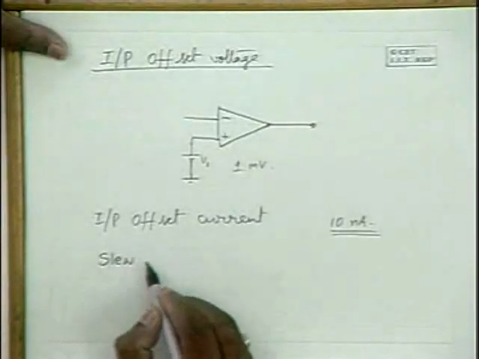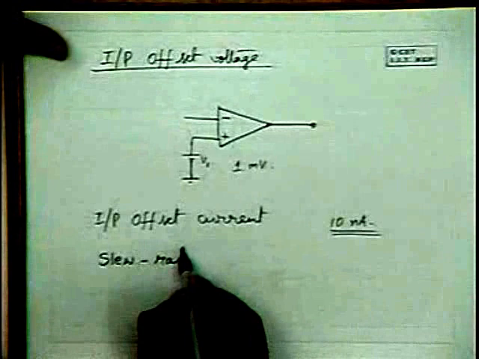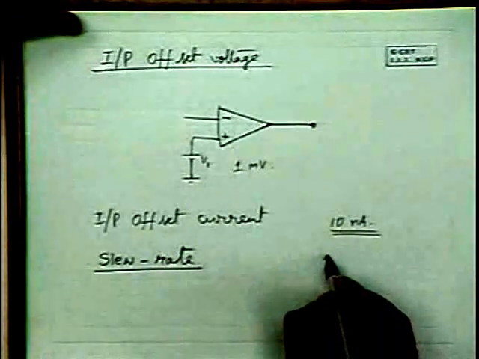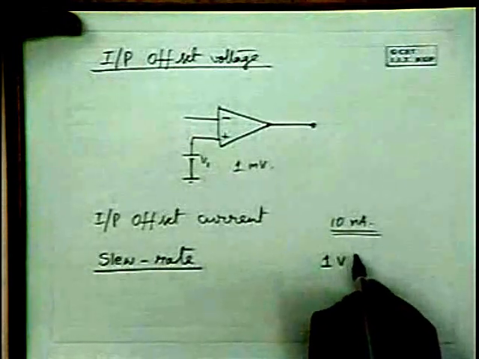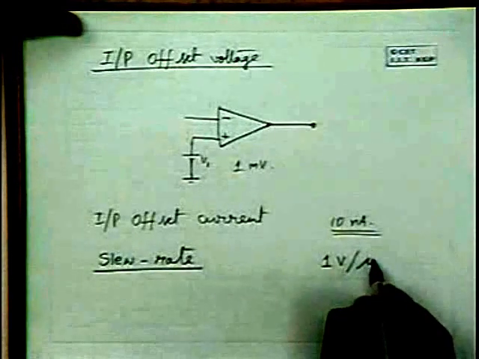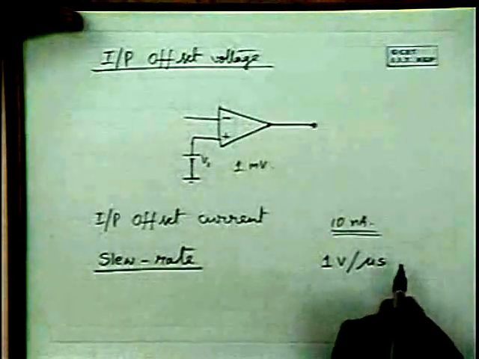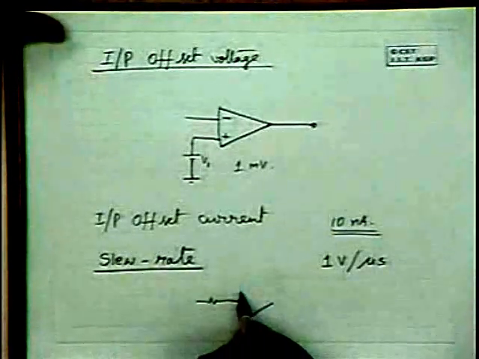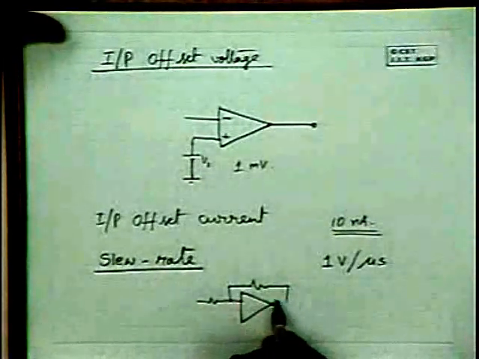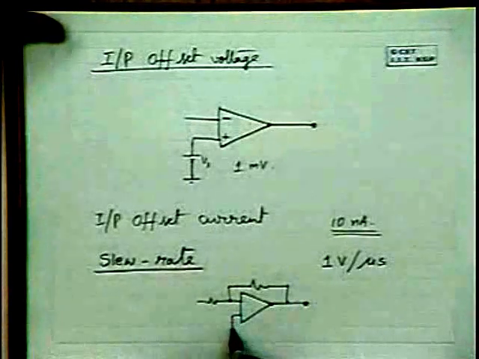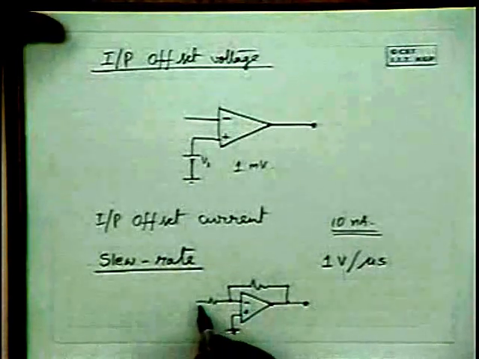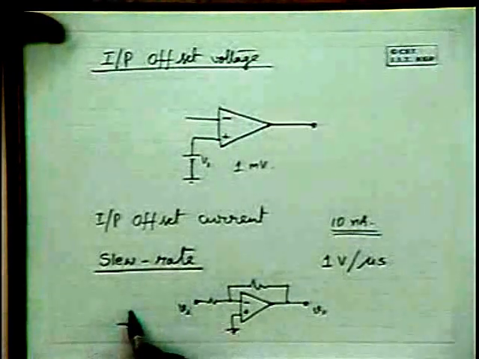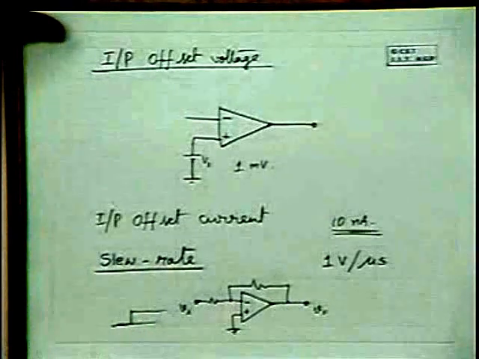And a very important specification of an op amp is the slew rate. In some op amps like the 741, it is like 1 volt per microsecond. In an op amp amplifier like this, if you apply a step input at the input,